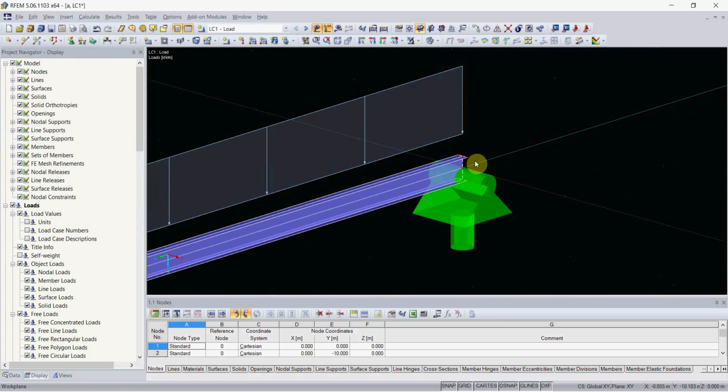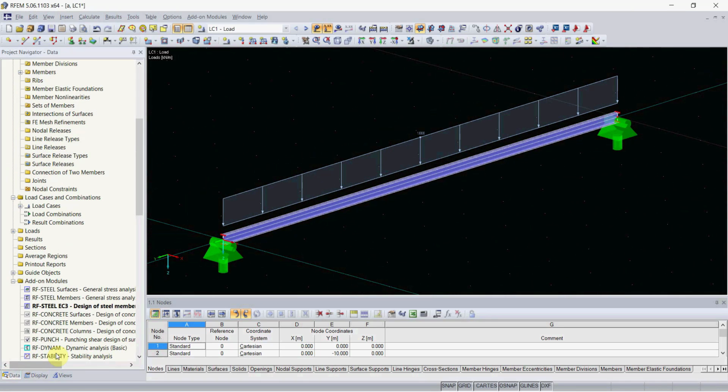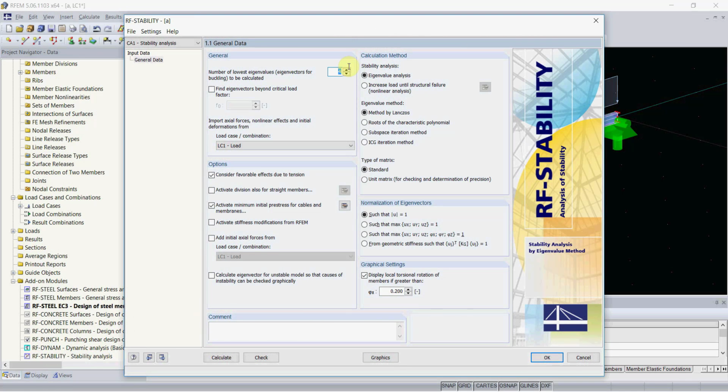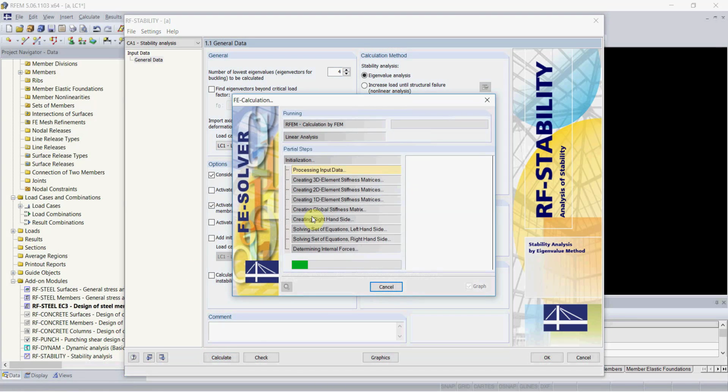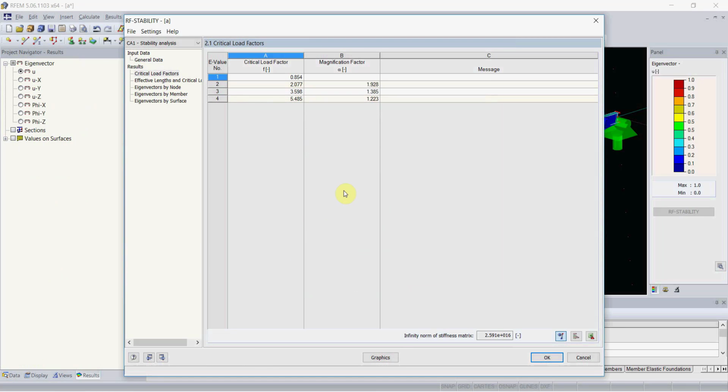With everything done, we can perform a stability design. This is in the additional model stability. The default values for eigenvalues, we can go with that, and the stability additional model actually does linear bifurcation analysis. If you are interested in how this works, I have a separate post about it in my blog. Please note that we obtained several critical load factors, and the lowest one, the first one, is